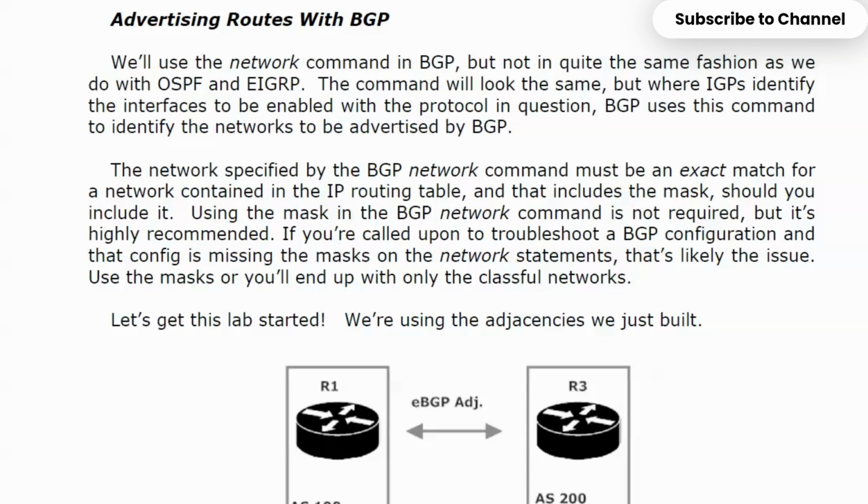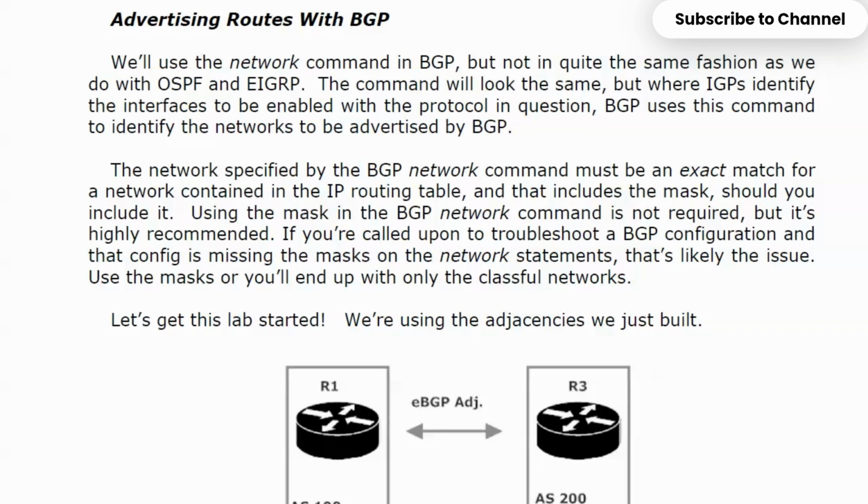With a couple of peerings in place, let's get ready to do some advertising of routes with BGP. And of course, we'll have to create a route or two to advertise as well. Now, we are going to use the network command in BGP, but not quite in the same fashion as we did with OSPF and with EIGRP. The command is going to look much the same, but there's a little nit to pick here, because where IGPs identify the interfaces to be enabled with the protocol in question, BGP uses this command to identify the networks to actually be